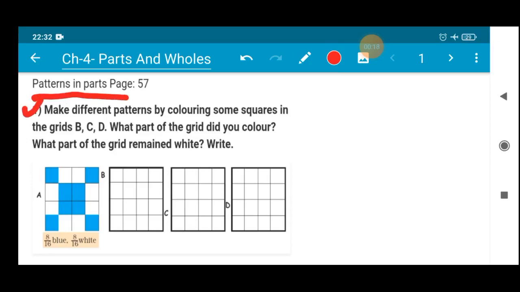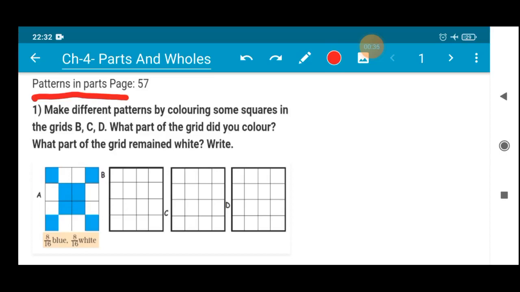So the first question here is: make different patterns by coloring some squares in the grids B, C, D. What part of the grid did you color? What part of the grid remains white? You have to write that. So the first one is done for you in